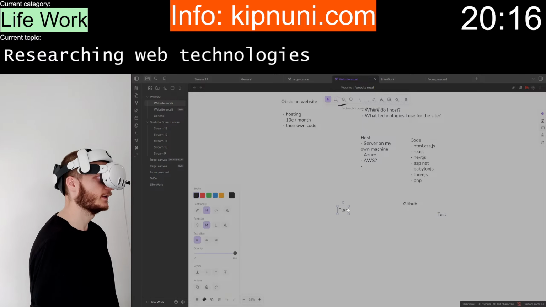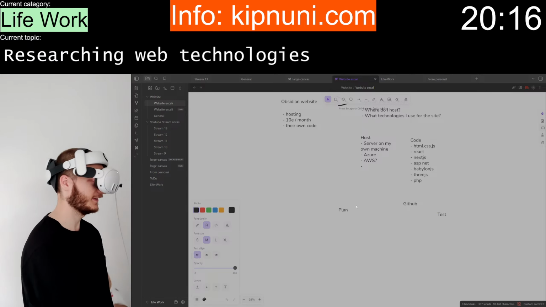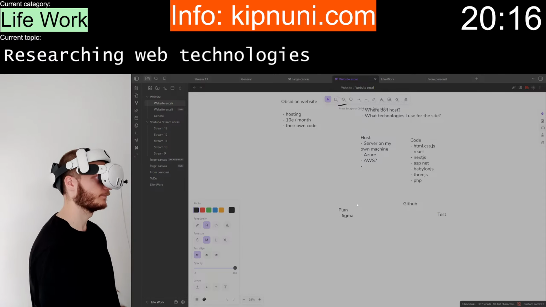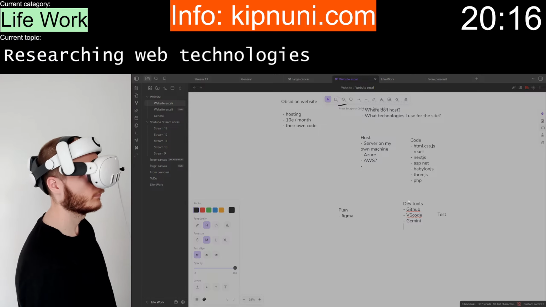Testing will be there. So plan, is it Figma? Actually, maybe dev tools. Yeah, could be. So GitHub, just some VS Code or Gemini, some other.